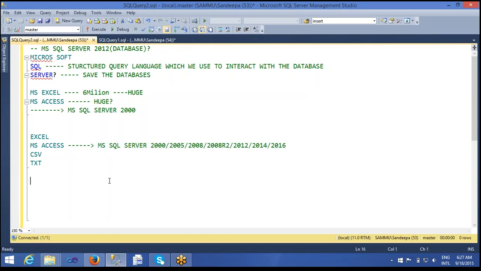I learned SQL Server in the year 2002. Now it's 2015, almost 13 years of journey, so it is easy to upgrade every year. Another good advantage of Microsoft SQL Server is that if you learn this language, you can easily switch to any of the other database languages like Oracle, Teradata, or DB2, because the syntax is exactly similar to the other databases, and once you learn this, it's easy to switch to other databases.